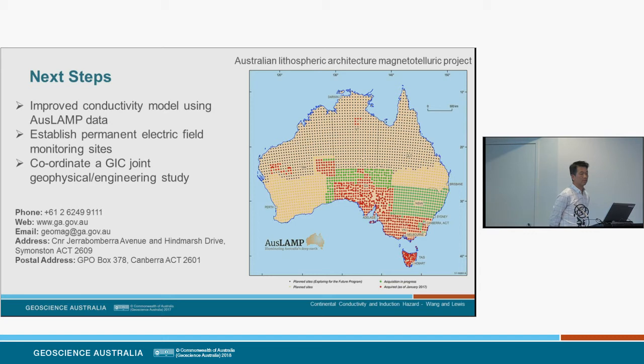Yes. On one of your deeper conductivity images, you showed a high conductivity zone which almost goes north-south along the Western Australian border. Have you got any comment on that and what might be causing it? Oh, yeah, okay. You talk about the one approximately across this way? Yeah, I think this has just happened in the Canning Basin and maybe the Officer Basin, the conductivity. For the shallow structure,